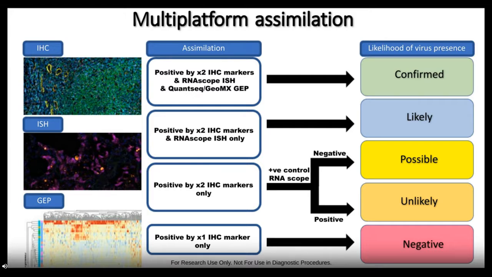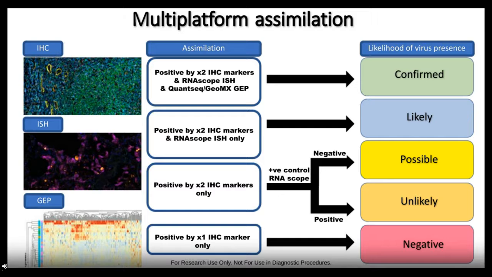We've used a range of approaches to identify whether a virus is positive in different tissue sections. These include immunohistochemistry, in situ hybridization using RNA-scope, and gene expression profiling by Quant-Seq. We've been very robust in how we score tissue, whether it's positive or negative for the presence of virus. So, for example, if we see only one immunohistochemistry marker present at the bottom of this diagram here, we would